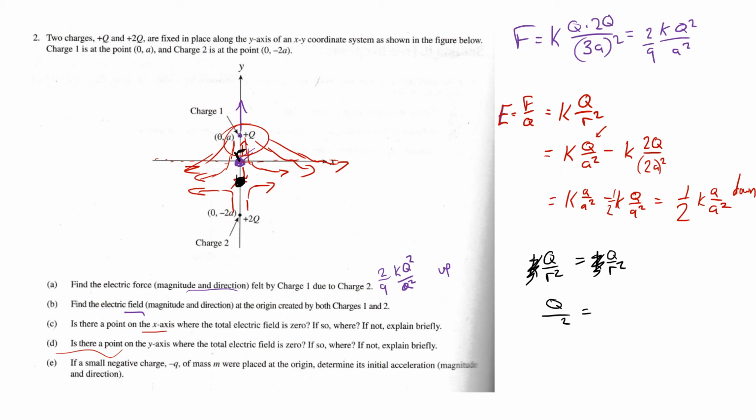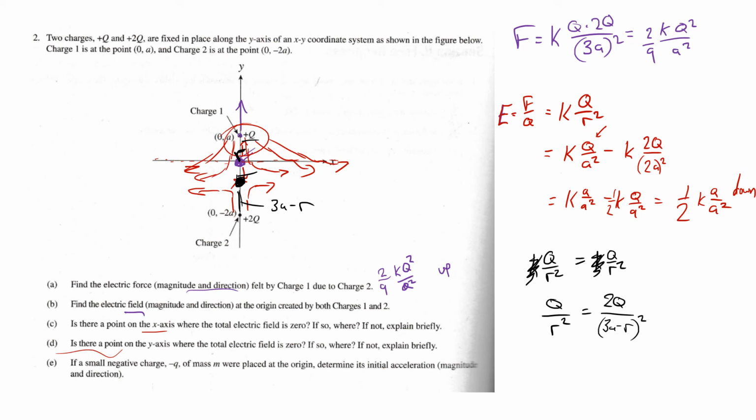It doesn't matter at all, but to be consistent. Now for this distance right here, what's this distance going to be? This is going to be 3a minus r, because it's the whole thing, take away that chunk there. So we're going to have 2q, because that's got a bigger charge, over 3a minus